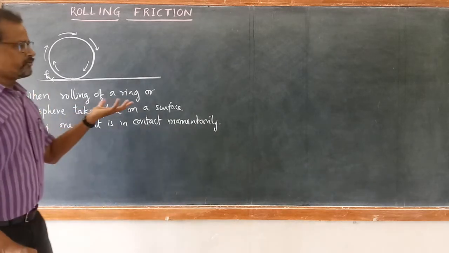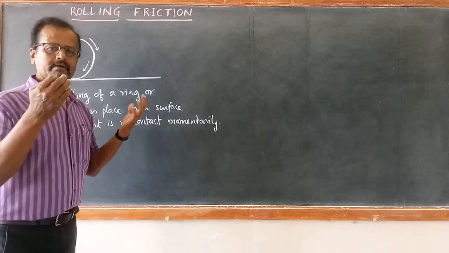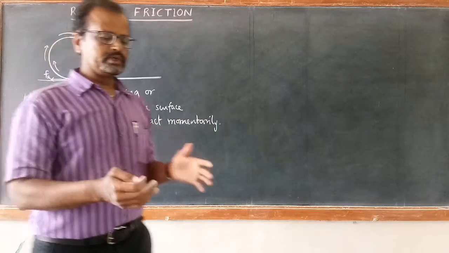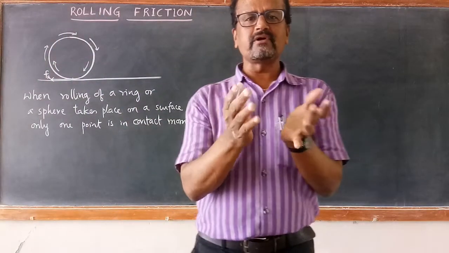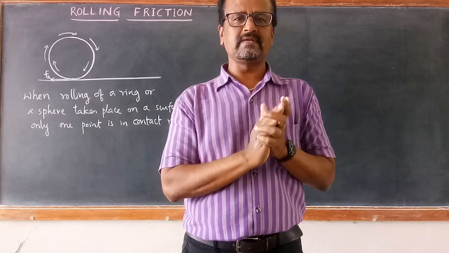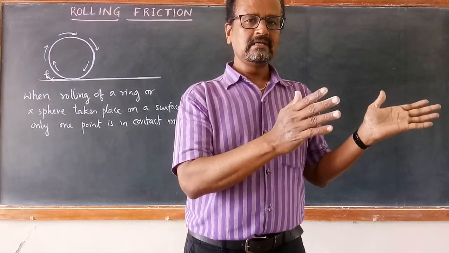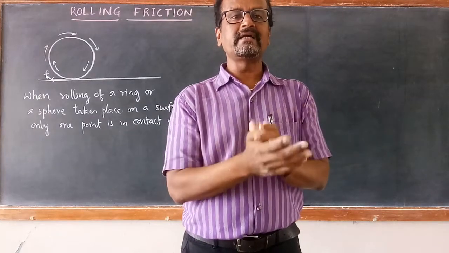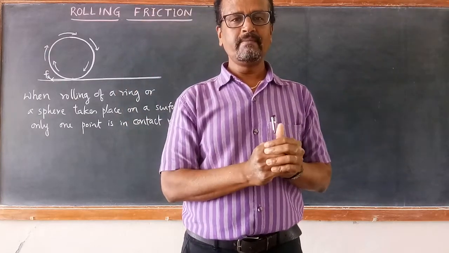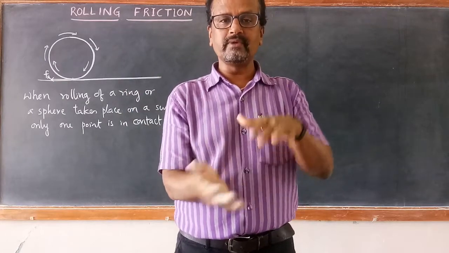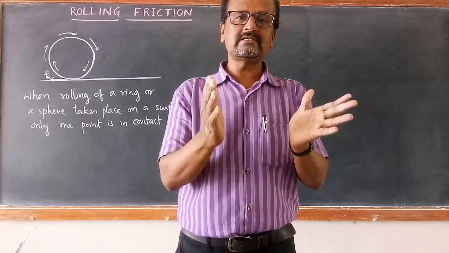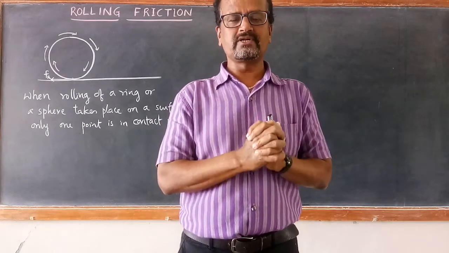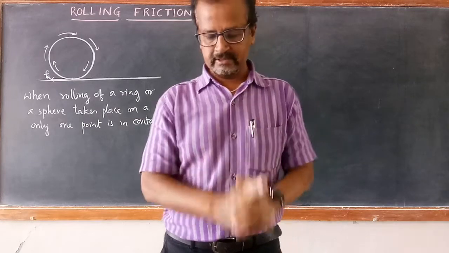When a wheel or heavy rolling body is in contact with the surface, due to its weight, some deformation of the wheel with respect to the surface takes place. You must have observed when the truck is on the road, some amount of flattening of the tire takes place due to its whole weight. Because of the flattening of the tire at the bottom in contact with the road surface, there exists some friction. That friction is called rolling friction. I think you got the point.